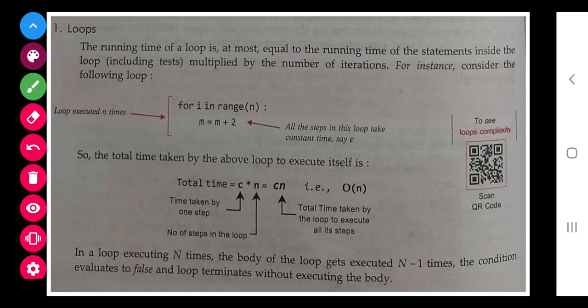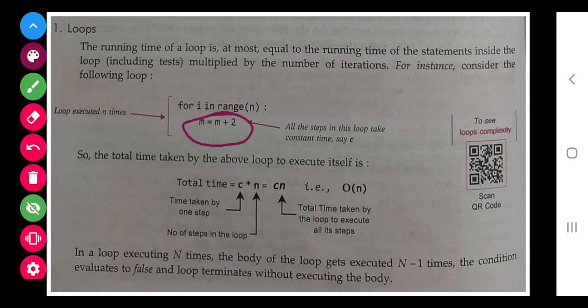So first is the for loop. Now consider this for loop. We have to calculate how much time it will take to execute. So class, first of all we have to see the statement under it.